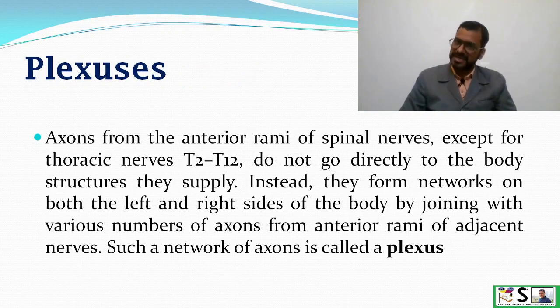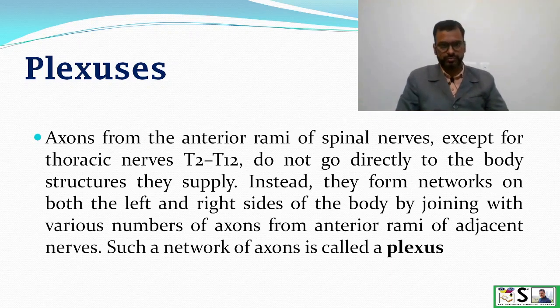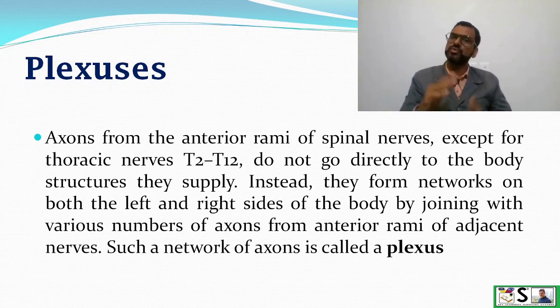Now, what is a plexus? There is a special system. You can get a short note on plexus in your exam. So axons from the anterior rami of spinal nerves, not all, maximum, except thoracic nerves T2 to T12, do not go directly to the body structures they supply. Instead, they form a network